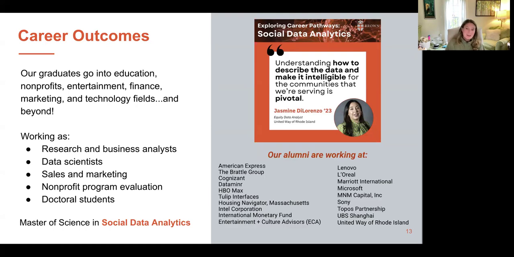On top of that, every November, which is coming up very quickly, we invite our alumni back to talk to our current students about the ways in which they still connect their coursework to their jobs every single day. And that's really one of the most illuminating nights that we have for our students to really see that the skills that they're learning in the classroom really will carry with them, and they will continue to use and develop them as they move beyond Brown.